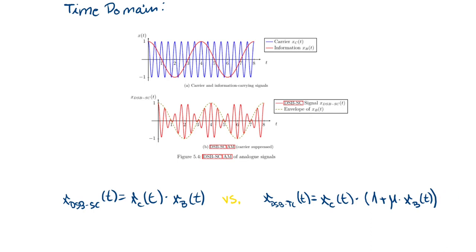So here's the carrier, here's the signal modulation index, and here's the multiplication which realizes the amplitude modulation, and we